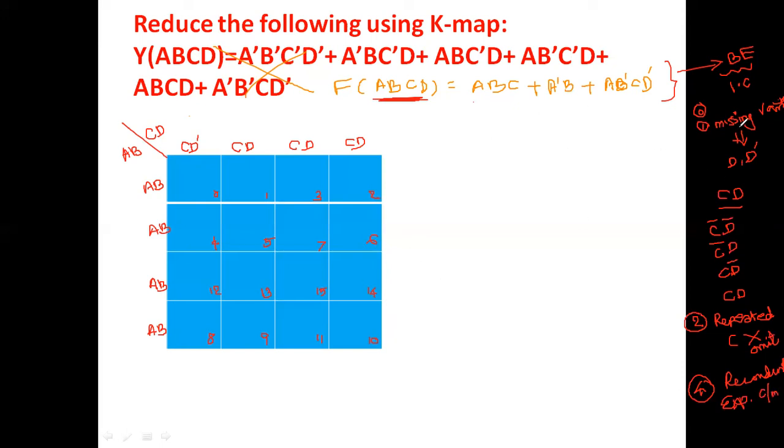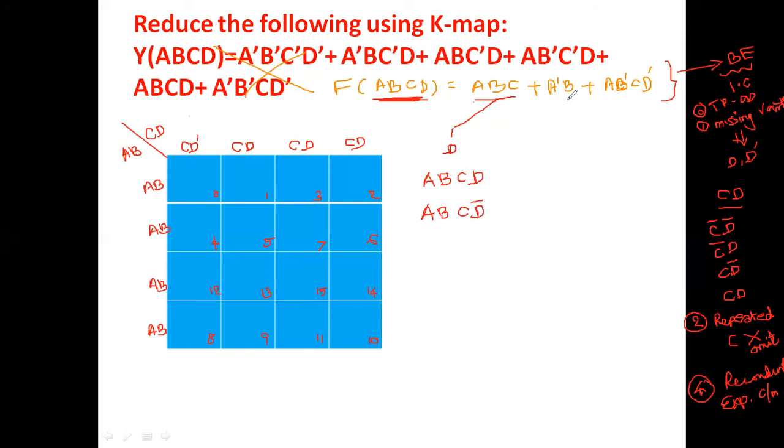According to this, what is the first step? Take the problem as it is. So I take the problem as it is. Then the next step, missing variables. Please listen. In the first case, one missing variable, that is D. So its combinations I'm going to write. A, B, C, and then D bar. D is the missing variable, and its combinations are two.